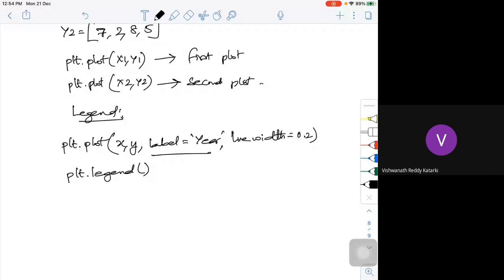And you can do the title. So in any given plot, you should be able to have the X label, Y label, title, and legend, and you plot the data. Whether it is a scatter plot or a bar chart, whatever it may be, you can do it.